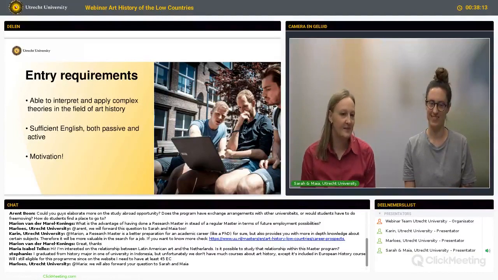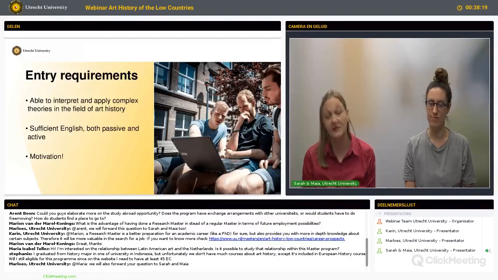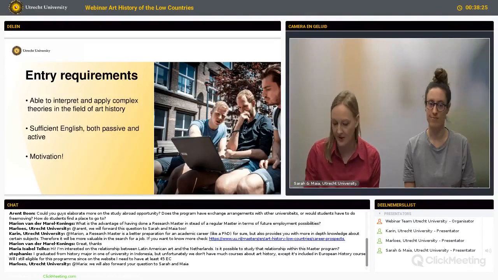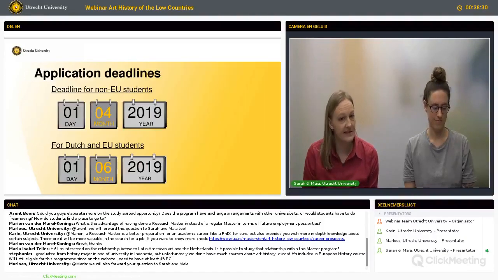But that said, I think we're pretty demanding in terms of entry requirements, but also quite flexible. So if you're not sure if you'd be a good fit, please do contact the program coordinator. So the very last thing